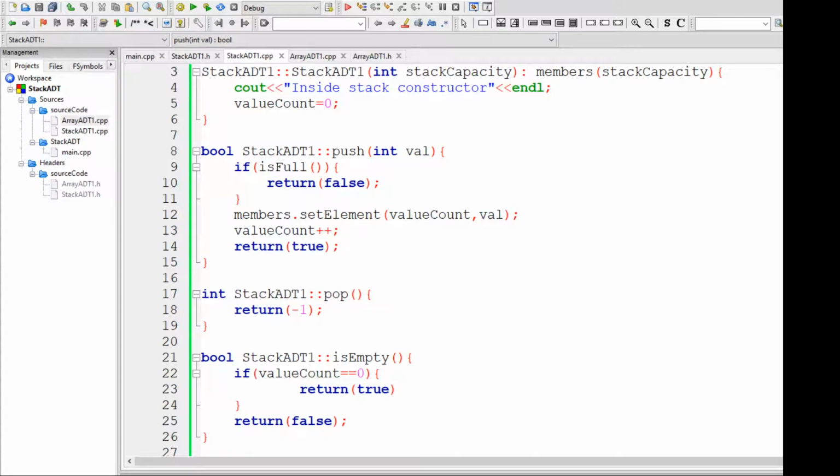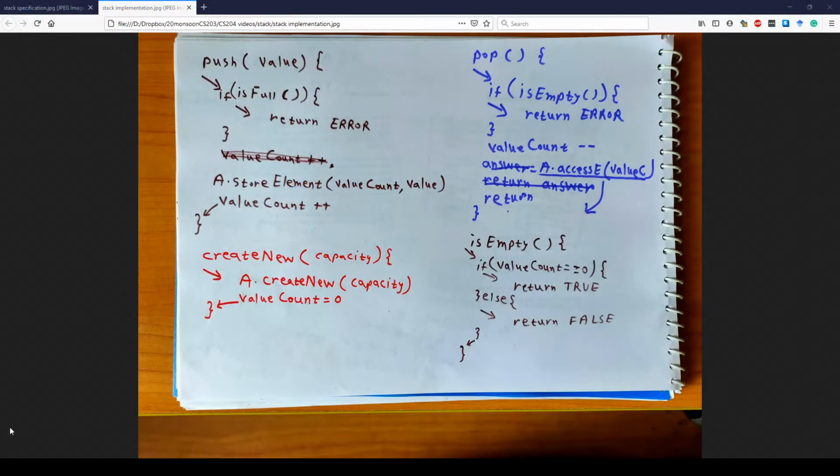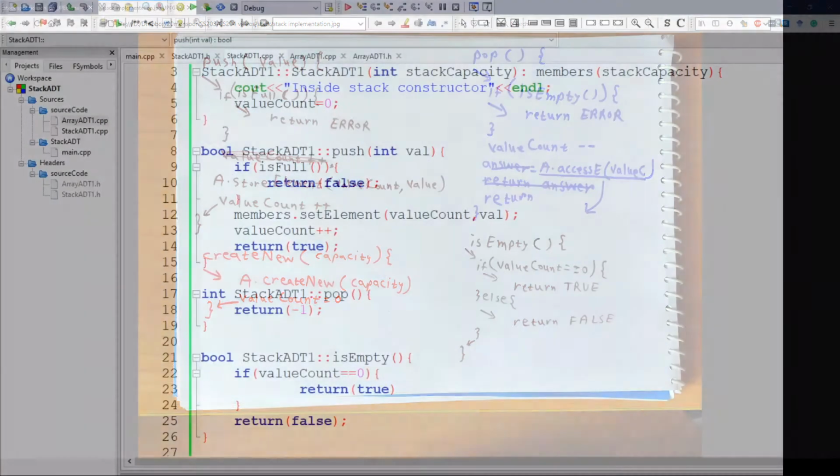Let's do the pop as well. For pop we are going to check if the stack is empty, return an error, otherwise reduce the value count and return the element. So let's go to Code::Blocks and write that code.